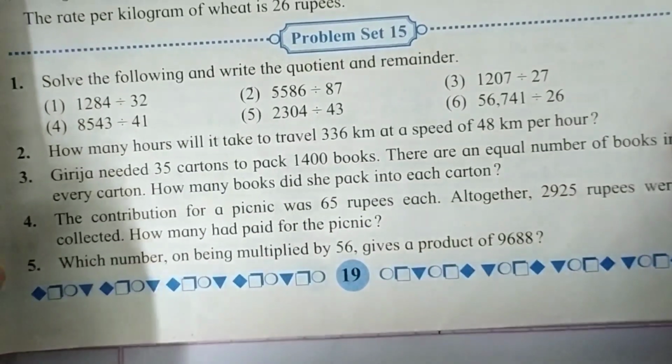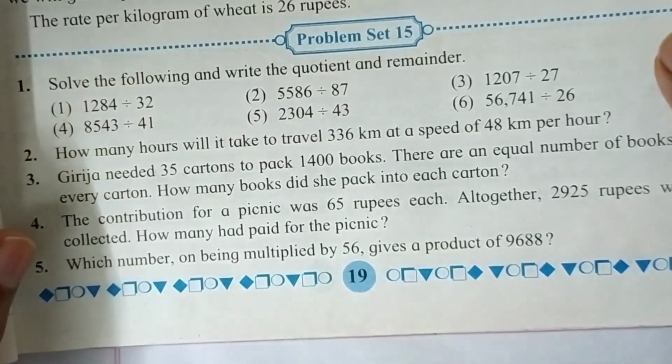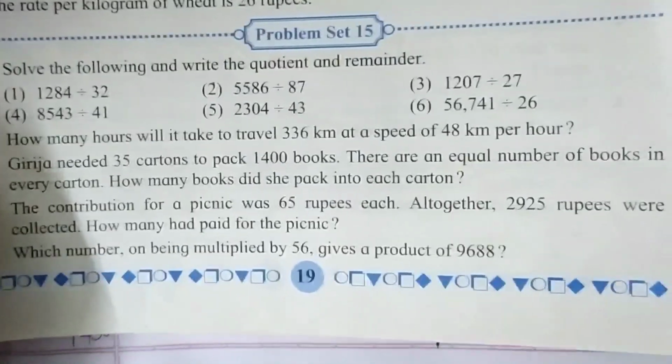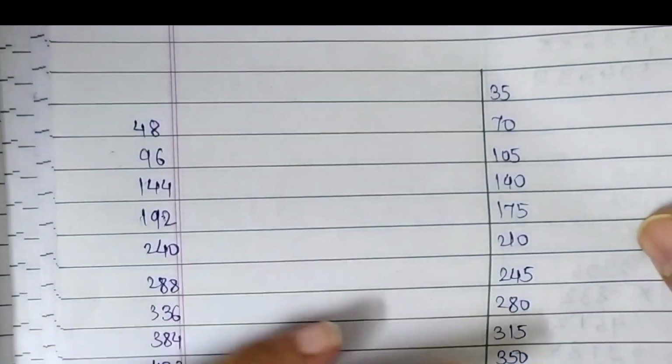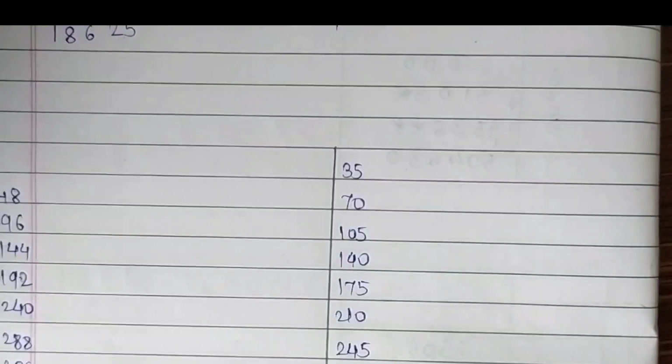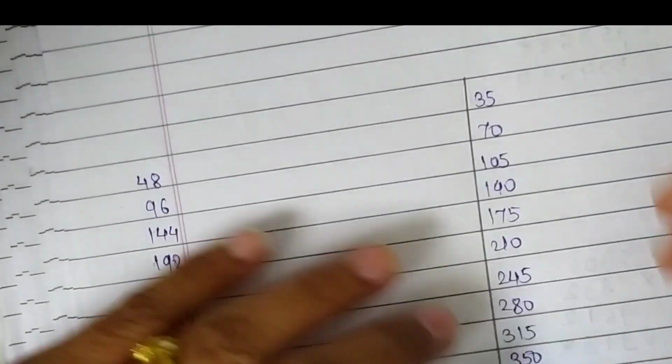So let's start to divide. For this, we have to make a table of 48. Look here. Here I write the table of 48 and now we are going to divide